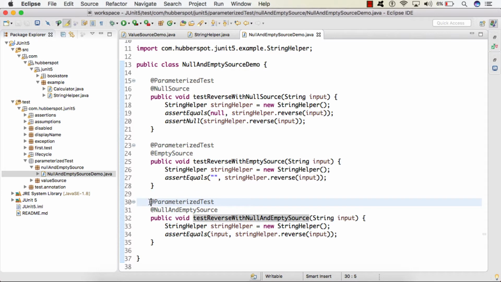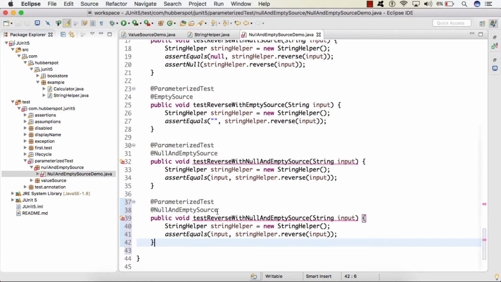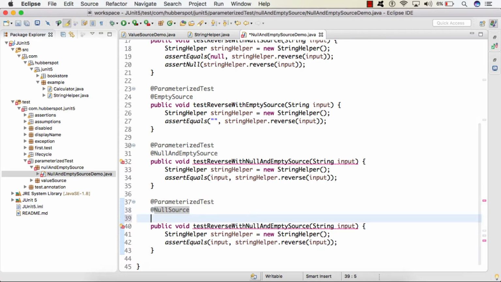And also friends, we can even combine @NullSource with @EmptySource together.